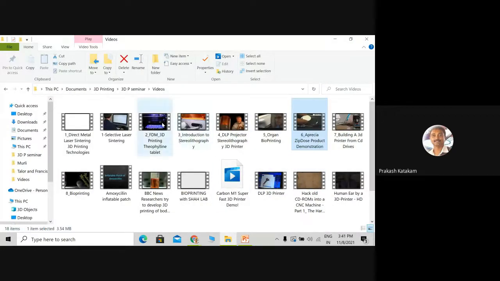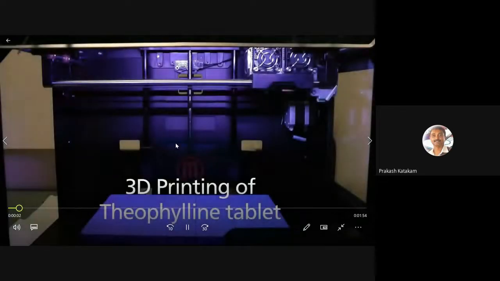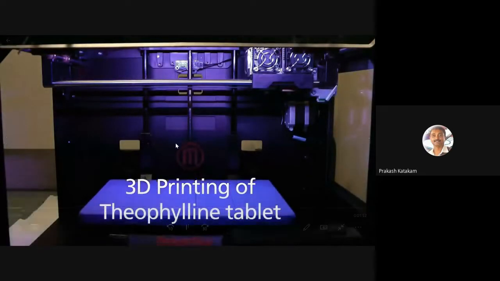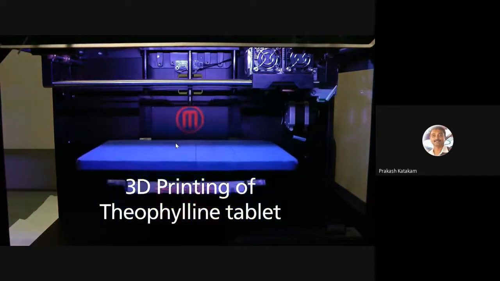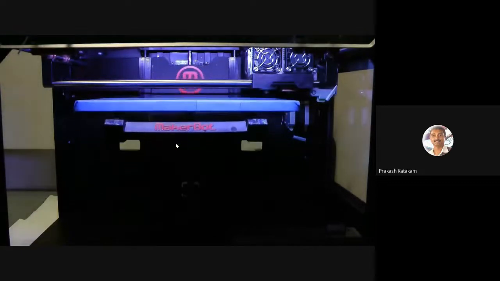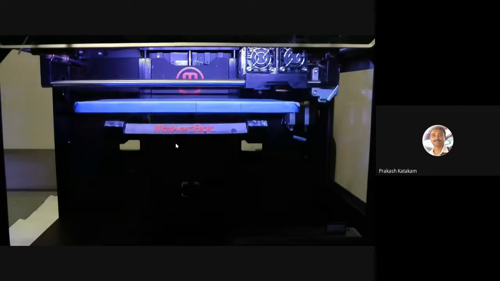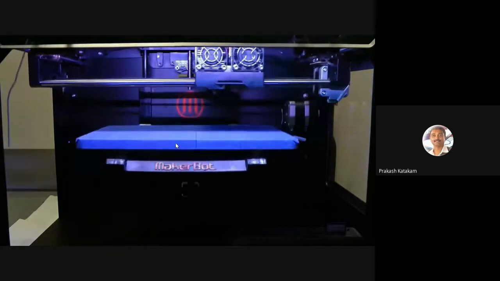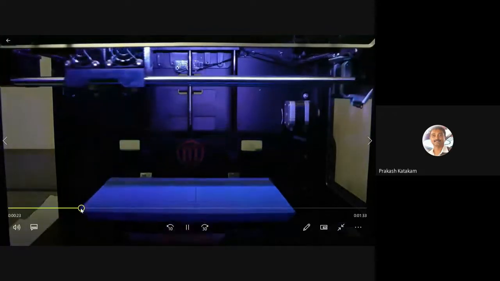Next one is, I told you that Merck is working on FDM technology for making tablets. So this one is printing of a theophylline tablet using FDM technology, that is a normal machine, a normal printer, which is available in our labs or at home. I'll push the speed, okay?